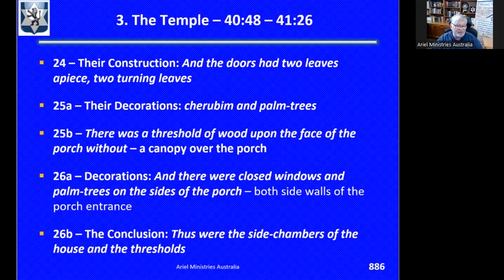At the end of verses 25 and 26, he talks about the threshold, the porch and the side chambers. What he says here was that there was a threshold of wood upon the face of the porch without. This means there was a canopy, okay? That's what the Hebrew word implies here. There's a canopy over the porch in front of the vestibule. The word threshold here refers to a beam, and these beams served to hold together the walls of the temple and the porch. So this was also the case in the Solomonic temple in 1 Kings